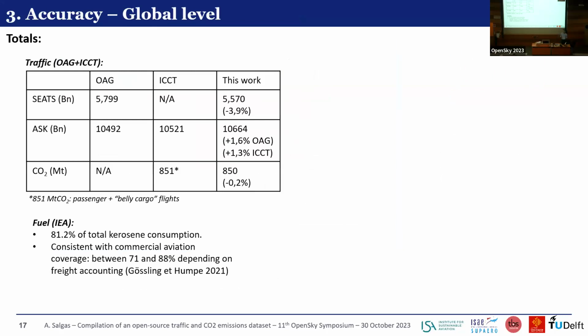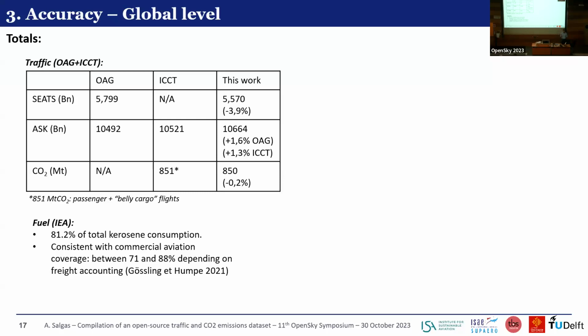Because we have to keep in mind that our goal is really to focus on large flows, continental flows, for instance, country flows, but route by route estimation is not the main goal of this work. So really, this slide is where we wanted to validate the accuracy of our open source dataset.